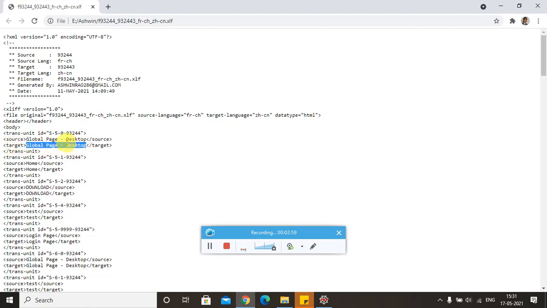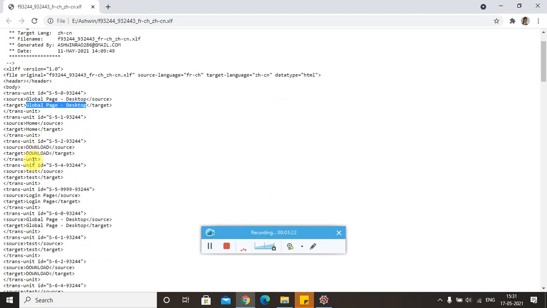The main mission of this session is to consider the text of the source, translate it into a destination language or target language, and put it in the place of the target here. For each and every source tag, we have to fetch the data, translate it based on the target language given, and place it in the respective places.